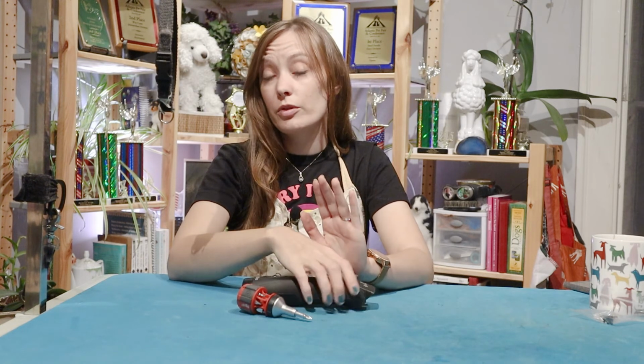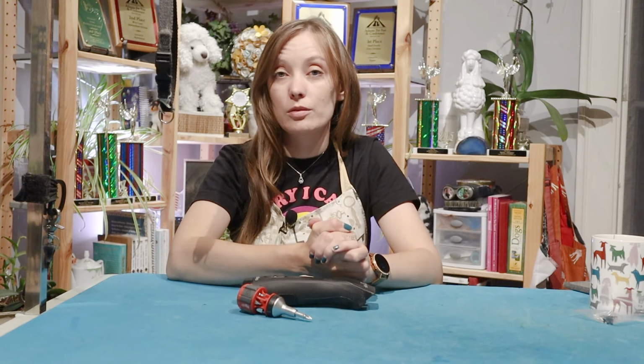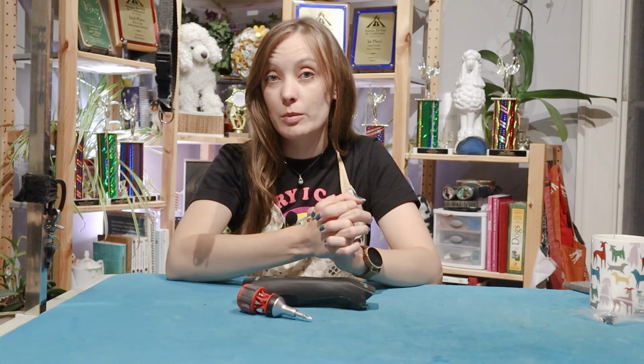Now, it is really important for you to keep up with your blade drives. Taking any of your tools, really, if you take good care of your tools, then they will last you a really long time, and you will be able to not have to spend a ton of money keeping up by